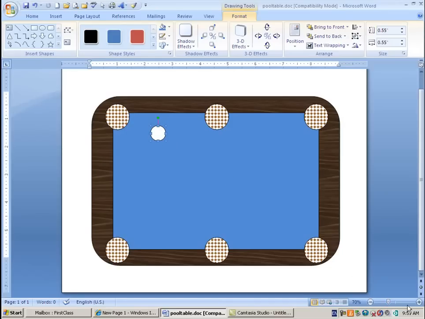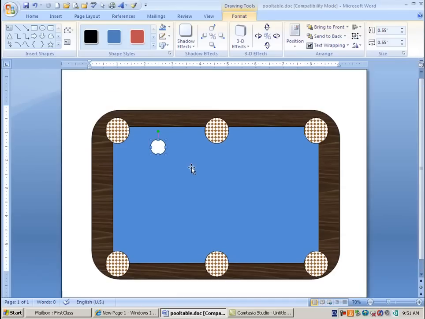You're going to need to zoom in as well at this point. We started at 70. I zoomed out. I also forgot to mention my page is landscaped. Oops, I hope you picked that up. So now